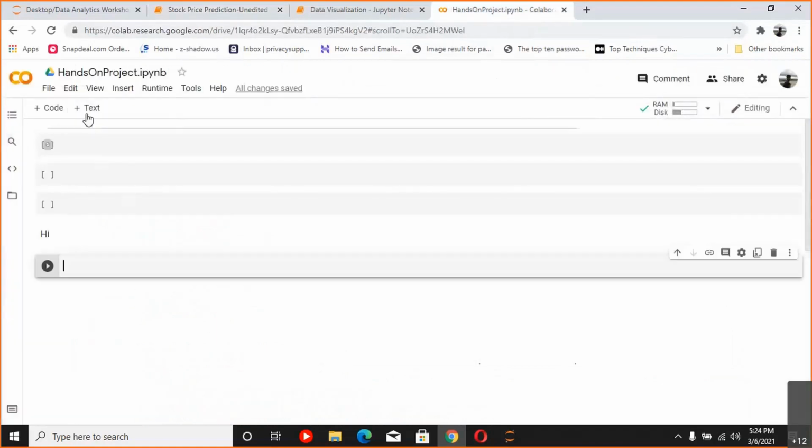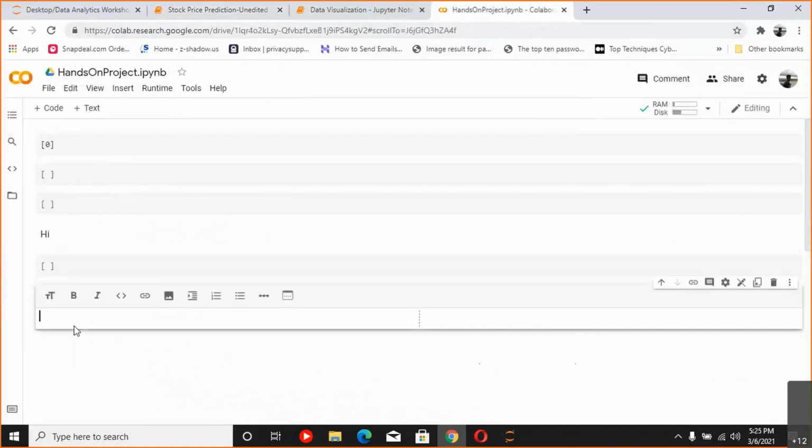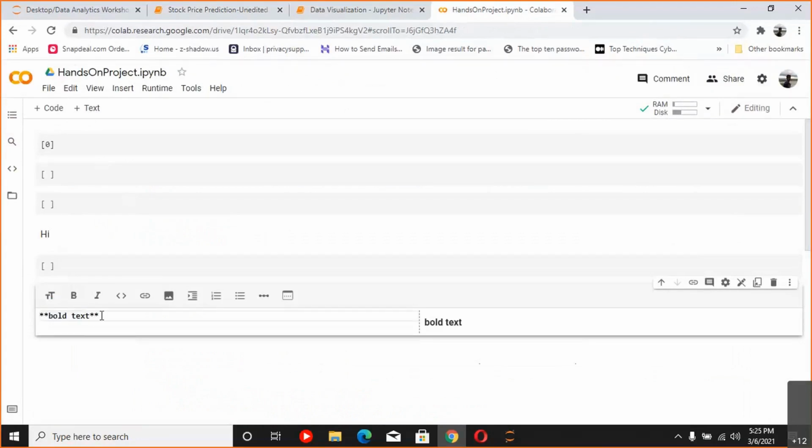In Google Colab, you can directly add a text box from here. And in Google Colab, you have better editing options. Suppose if you want to add some bold text or italic text or any other thing, then everything is provided for adding some text boxes. This is how you can create some text boxes, and that allows you to achieve much more managed and well structured code when you are creating a notebook, instead of just putting up some code.